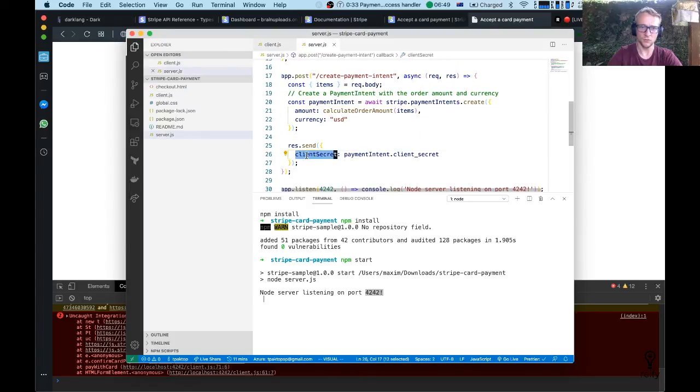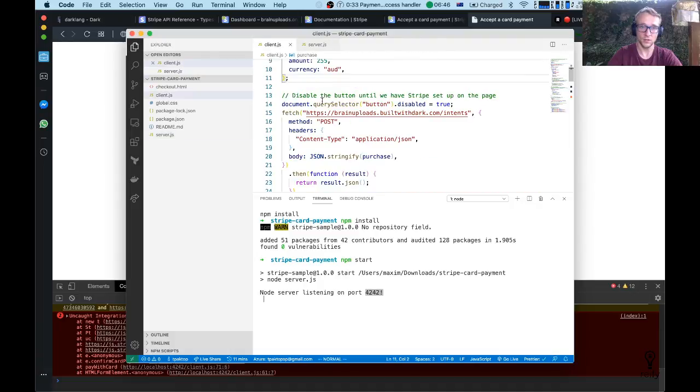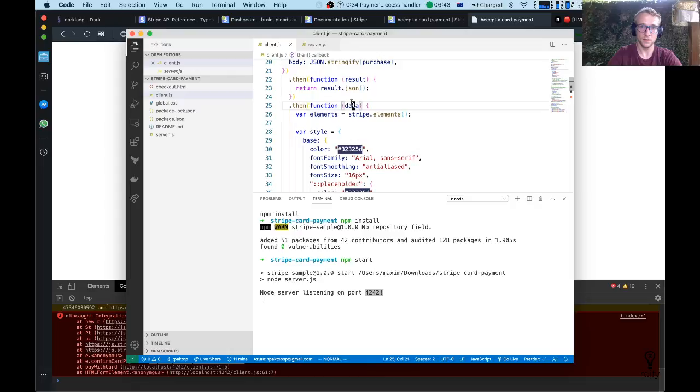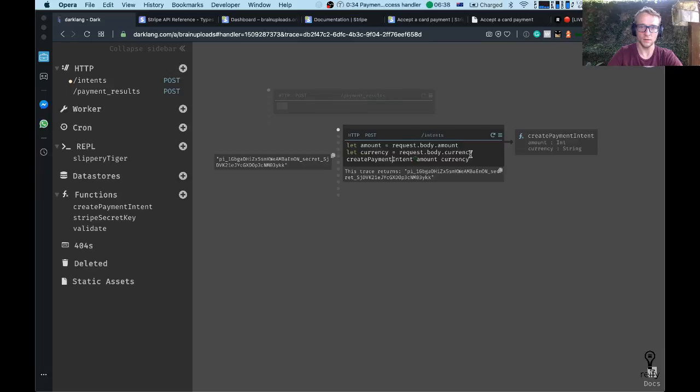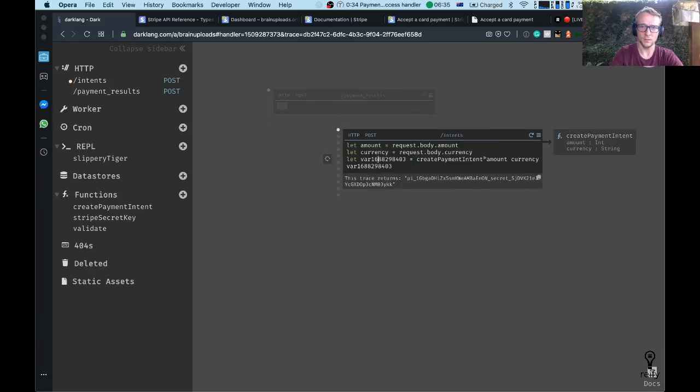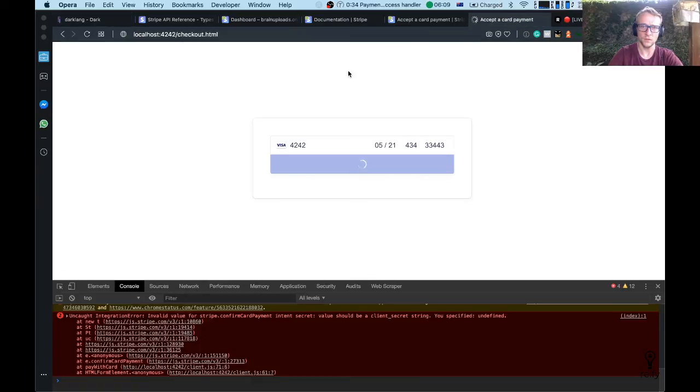So apparently we need to return client secret, like this, which I think this relies on to look at the data that it returns. Yeah, client secret. So we need to make sure that this is a variable, and we call it client secret, because that's the name we want it to have. And we want to return an object with a client secret inside, and a client secret of the product. So now, if we refresh this page,